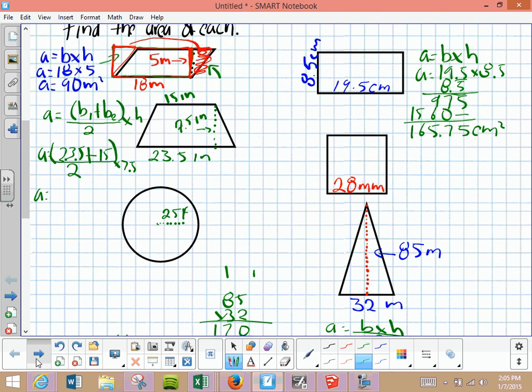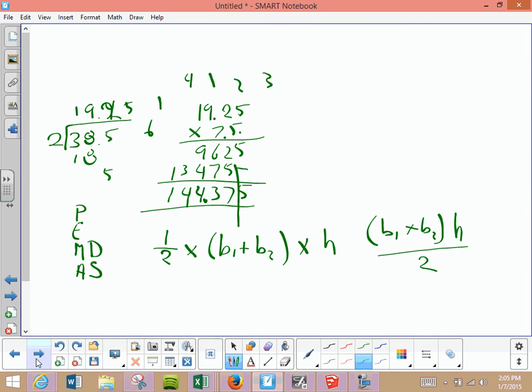So I believe this one gave me 38.5. And divided by 2, you get 19.25. Multiplied by the height of 7.5, you get 144.37